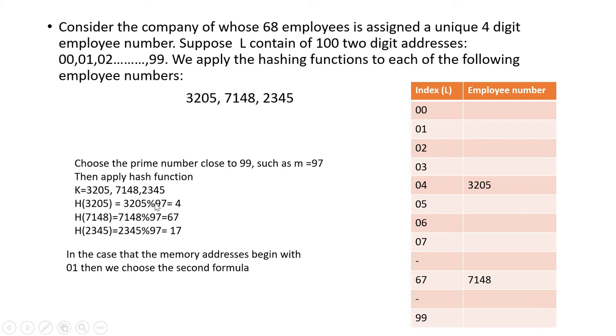So when you divide this 3205 with 97, the remainder is 4. So at the fourth location you are going to put 3205. The next one is what? Next key is